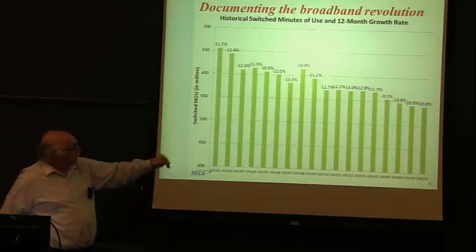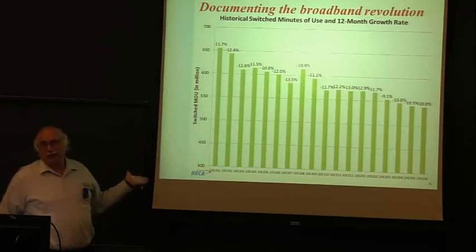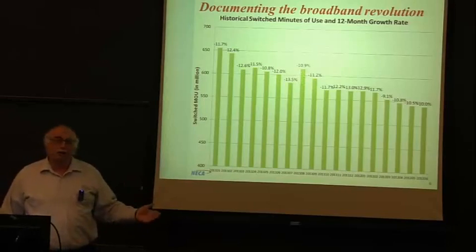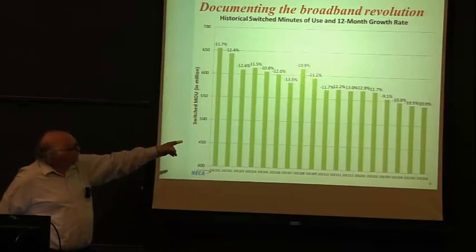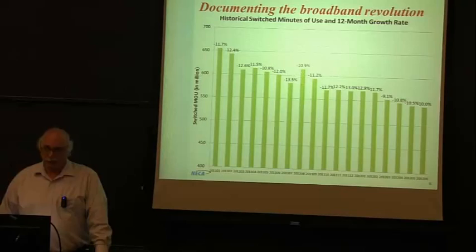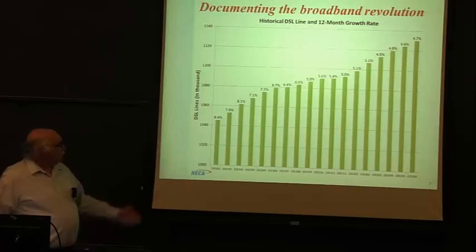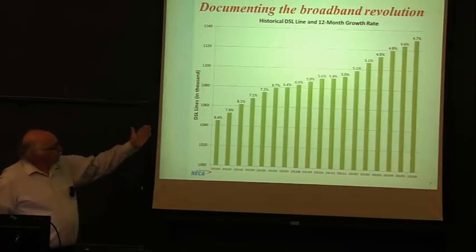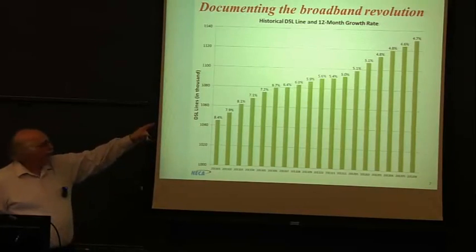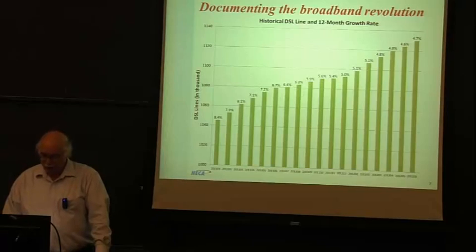Now what I have here is annualized growth rates. So if you take, let's say, June of 2011 and divide by June of 2010, you can get an annualized growth rate. If you look at traditional long-distance service, you'll see that it's declining by about 10% per year. So it's pretty substantial, and it's been going on for quite some time. It's a legacy service. Digital subscriber line growth has actually been pretty strong, but it's reached a mature stage and it's only growing at about 4% per year. So flattening out.